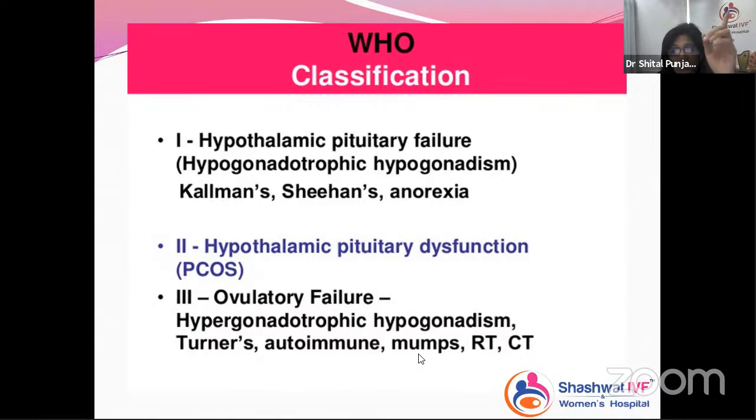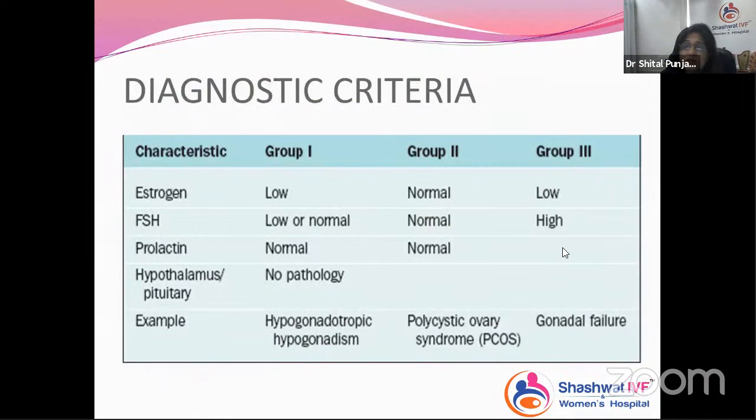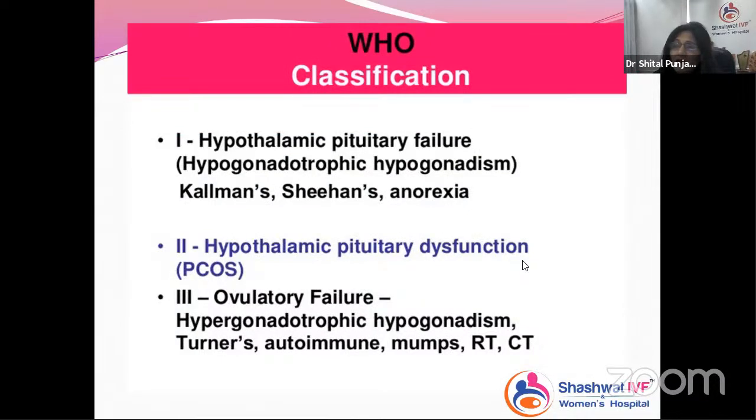There are also mumps oophoritis patients. If somebody has suffered from mumps oophoritis at a young age, then their ovaries are not responding to a high level of FSH. When we examine the biochemical markers, the FSH level is very, very high and estrogen level is usually low or sometimes normal. These patients have gonadal failure, and they are very resistant because at a young age they have streak ovaries or non-functioning ovaries,